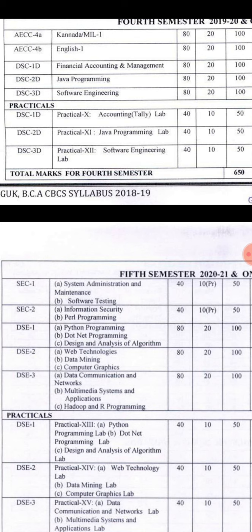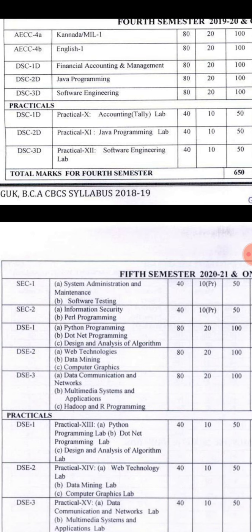In skill enhancement course 1, you need to choose system administration and maintenance or software testing. It is for 50 marks, 40 for external, 10 for practical PR. Okay, and